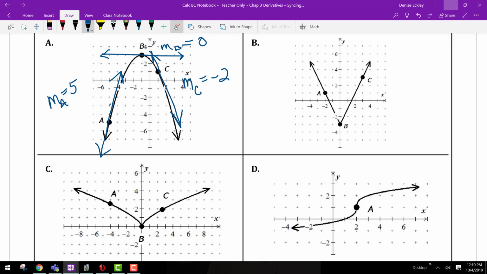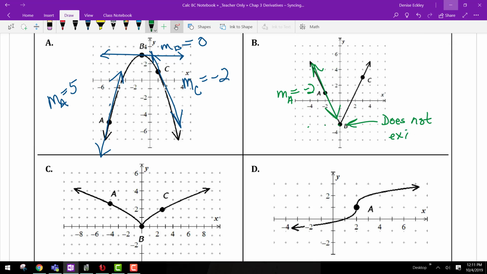Okay, so for the next graph, the absolute value graph, through point A, it's really just going to be the same as the line, that part of the graph. So you just have to find the slope of that part of the graph. So the slope there was -2. And then at point B, doesn't exist. You can't draw, even if I draw a horizontal line, it really doesn't follow what's going on at that curve at all. So it does not exist,